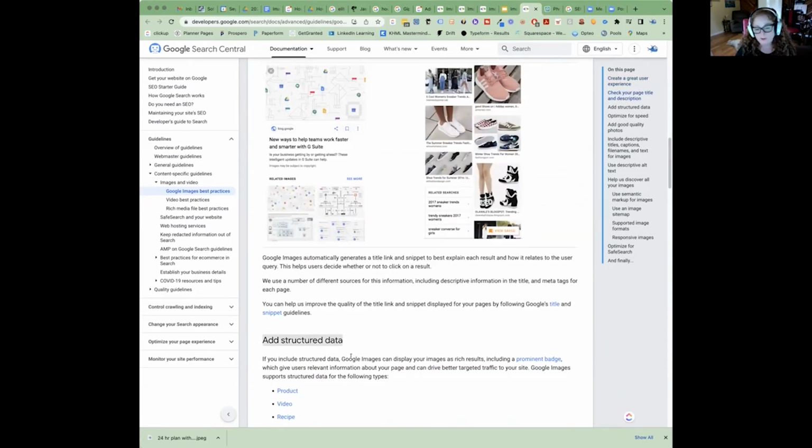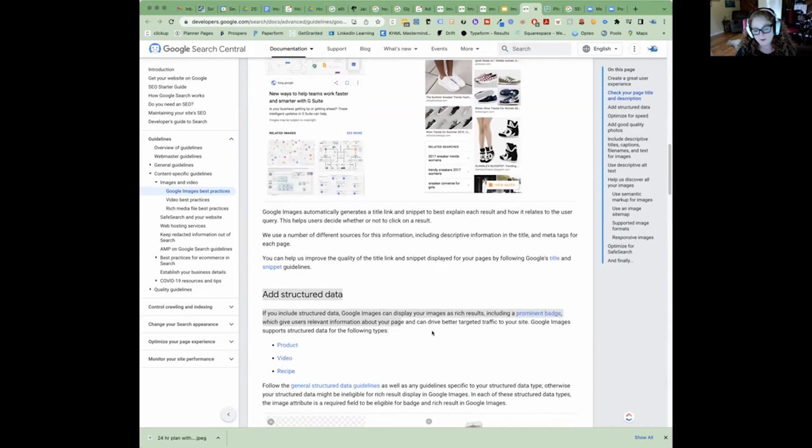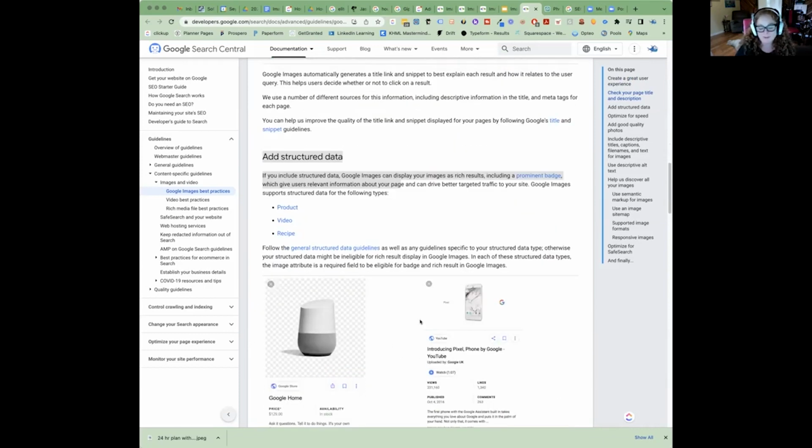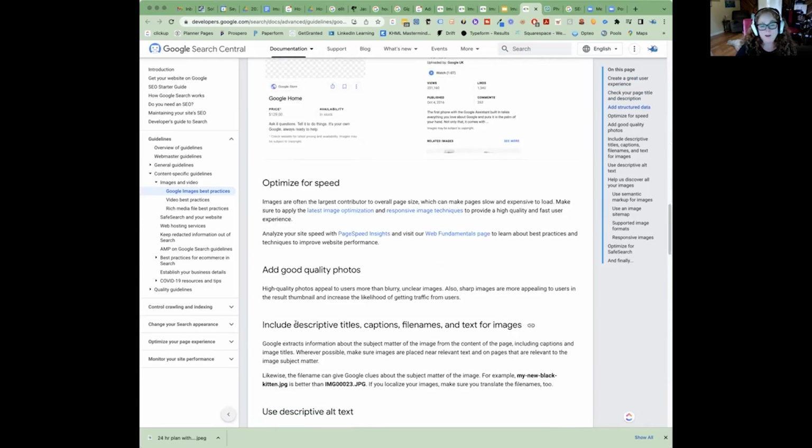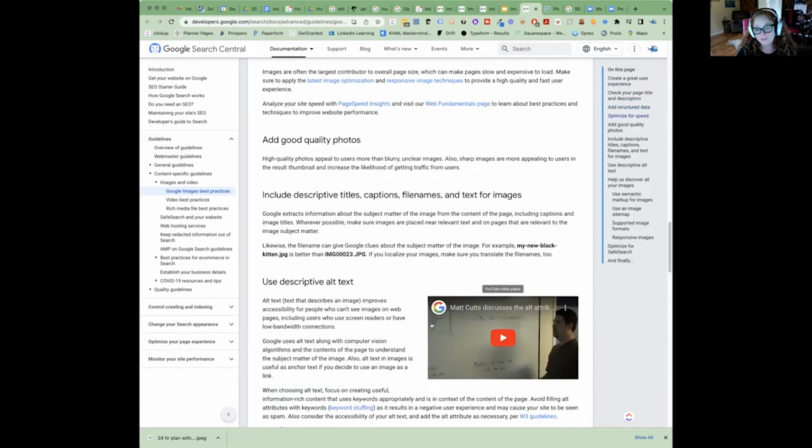And then Google will give you the structured data if you want it, and then you can provide the information. Honestly, I do go and look here. This is the original